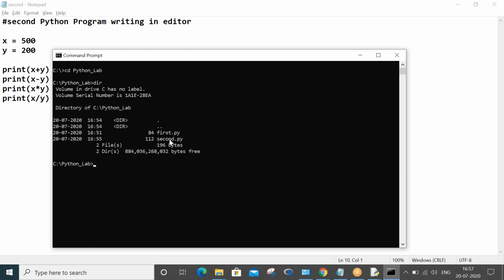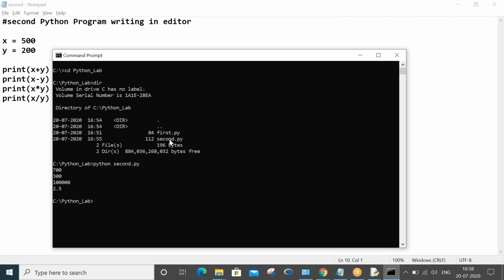Now, to execute the Python program which you have written in notepad, you have to give the command python space second.py. Just type sc and click on tab. Automatically it will take that respective file name, second.py.